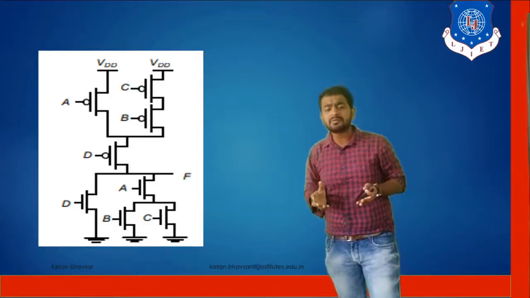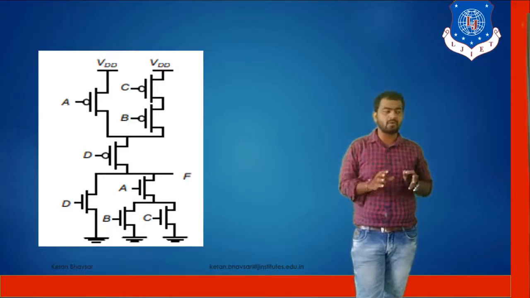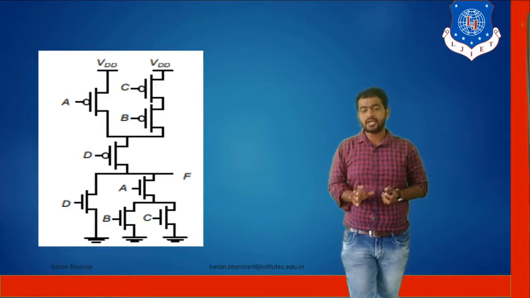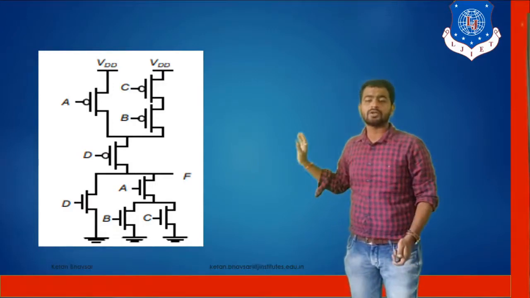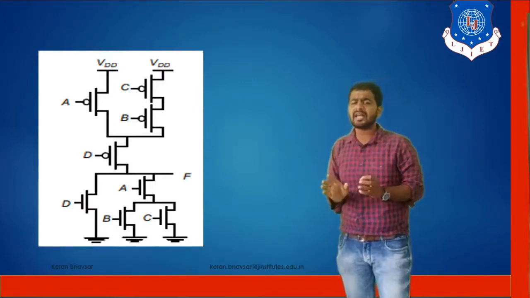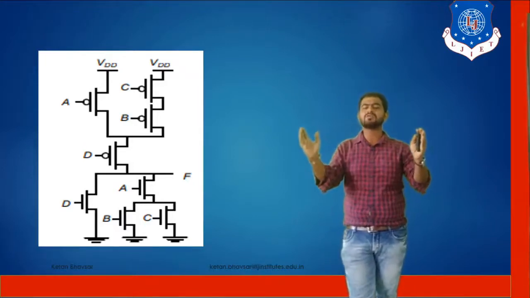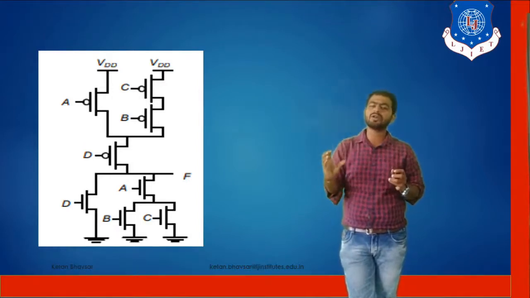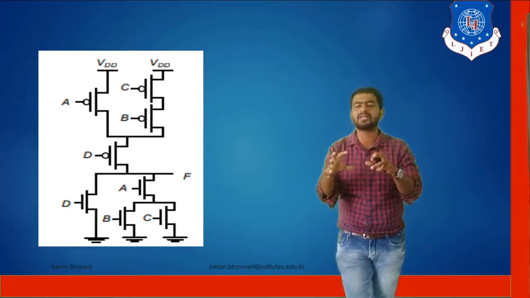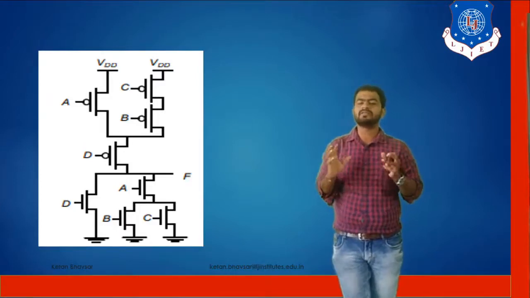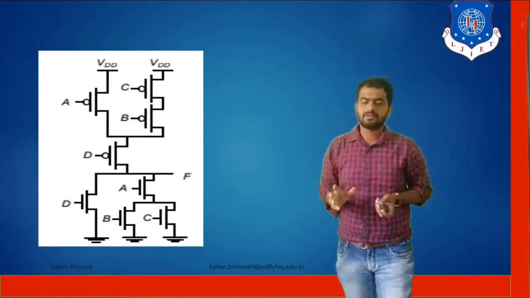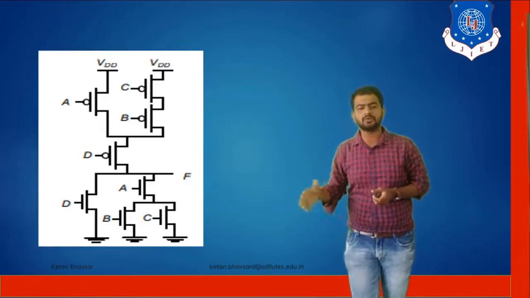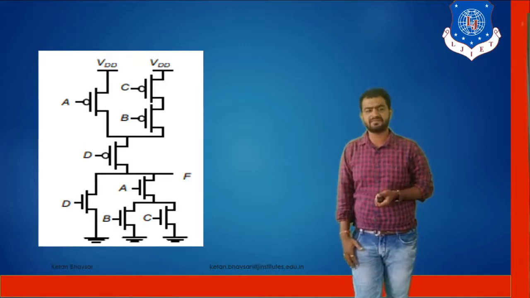Any type of Boolean equation you can simplify with the help of a NOR gate, NAND gate, and inverter based circuit. Okay, so I hope that you are getting the idea about complex designing very well. So make sure that if you have any large Boolean equation, you first have to simplify it, then design a small model first, and then cascade all the models, and you can create your own Boolean function CMOS design. I just gave you only one example, but you can design different types of examples using these configurations.